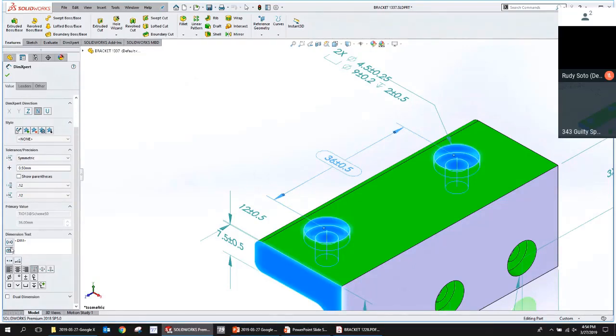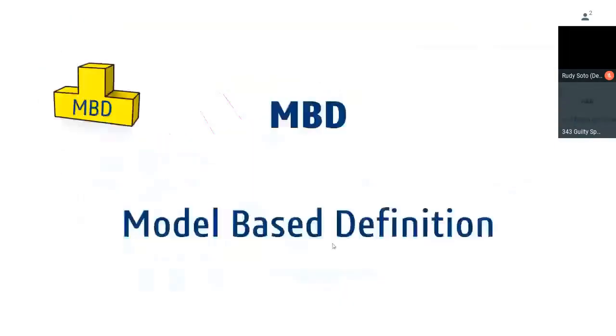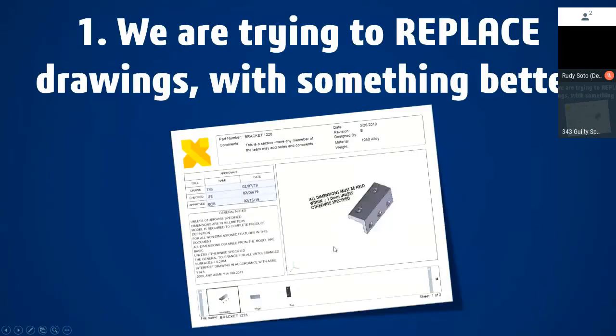It's a great question because it really drives home the concept I introduced in the beginning of the presentation, which is that we're not trying to emulate drawings. We're trying to replace drawings with something better. And that something is not so much this; it's the STEP 242, the embedded PMI, and the downstream capabilities of having that embedded PMI. Okay, so strictly speaking, the inspection CAM doesn't interface with the 3D PDF. Yeah, they go off of the STEP file. That's correct.